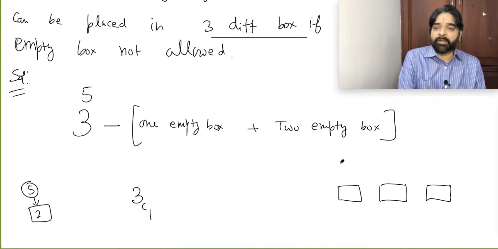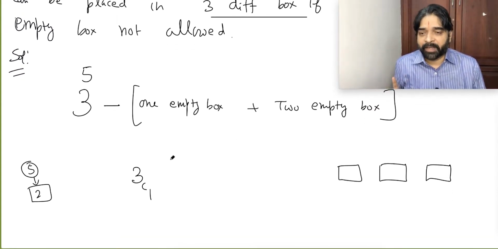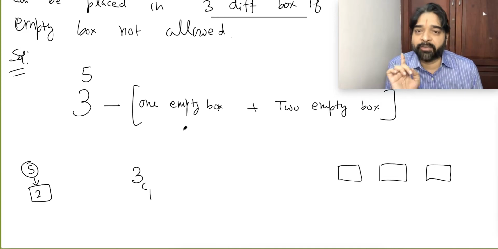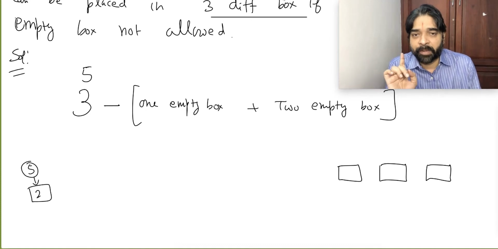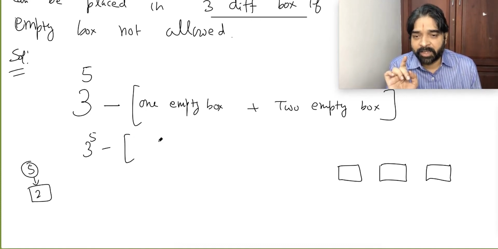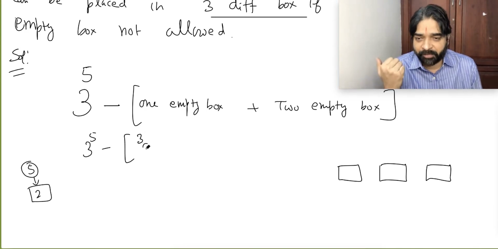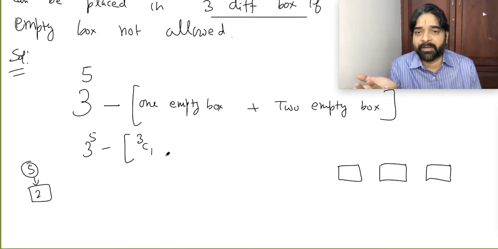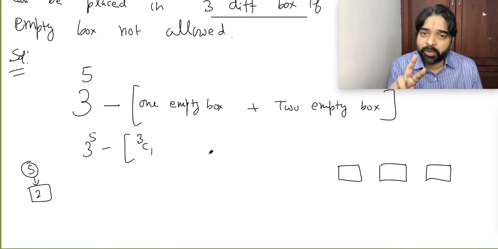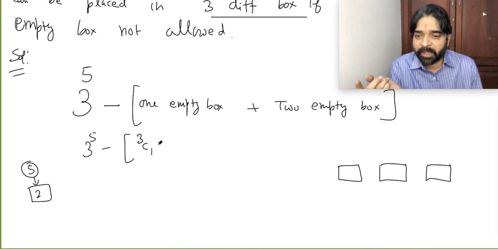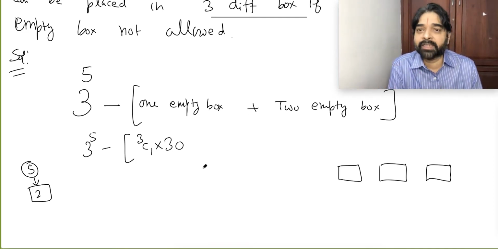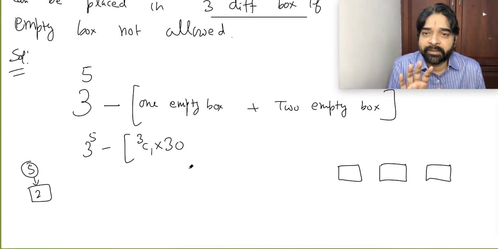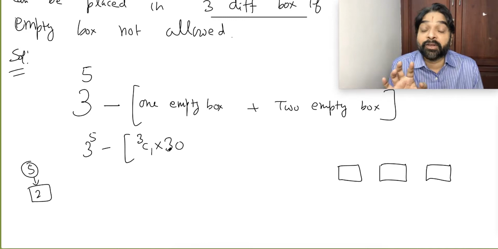Now, coming to this. So 3 power 5 minus 1 empty box. Watch carefully everybody now. Now I can write directly because I already explained. So this will be 3 power 5 minus 1 empty box. First select the empty box, 3C1. Now how many boxes left? 2 boxes. How many balls left? Balls is already 5. These 5 balls should go in all 2 boxes so that no box is empty. So it will be into 30. Why 30? Just now we derived. Did you understand? So 3C1 into 30, or you can say 90 cases there where 1 empty box is coming.